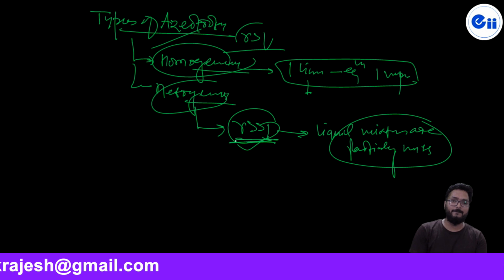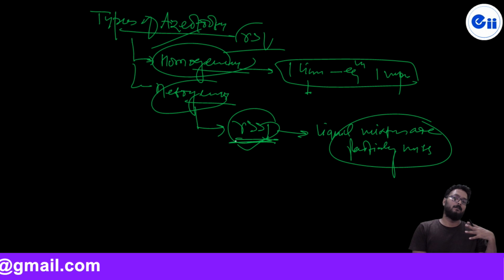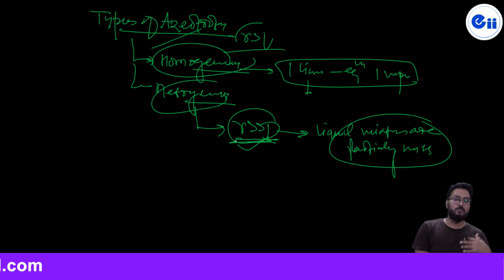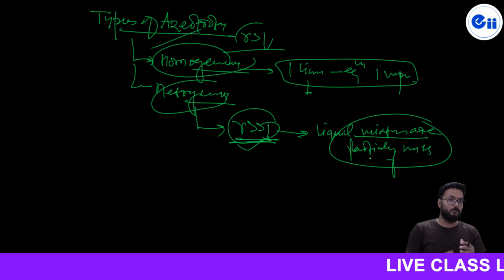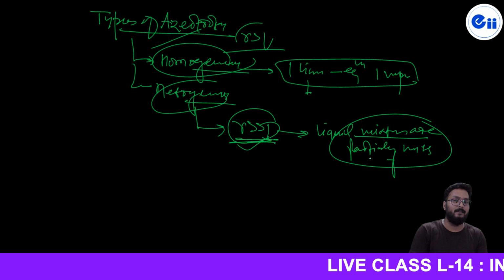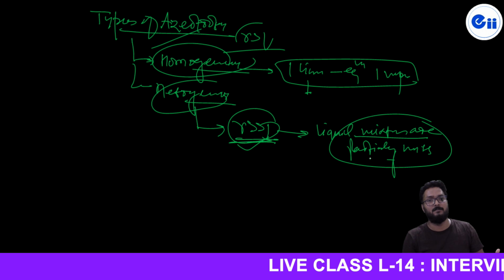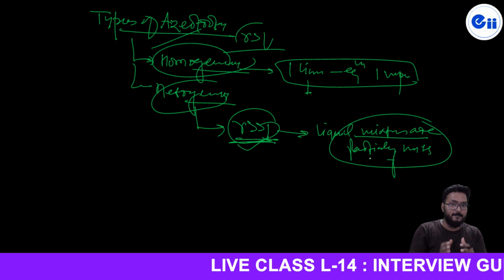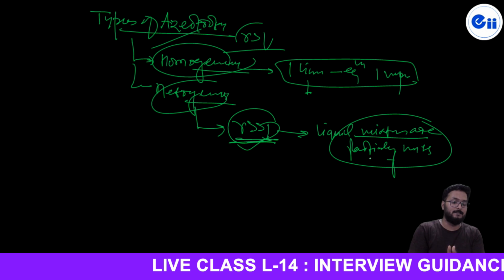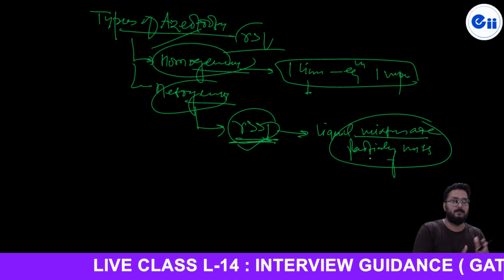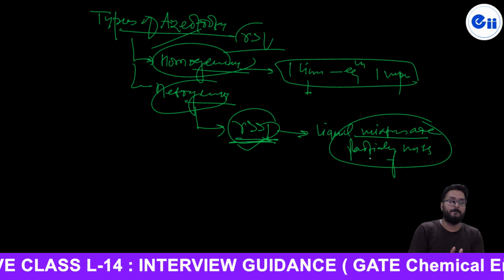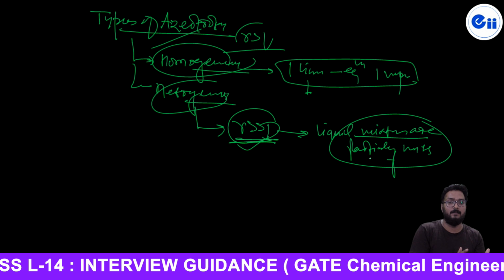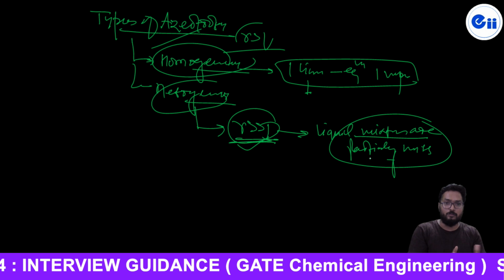But if there is a huge non-ideality in the liquid mixture, in this condition the liquid mixture will be partially miscible and two phases will form. One is called the A-rich phase, the other is called the B-rich phase. It means I mixed A and B and there is a huge value of activity coefficient, gamma very, very more than 1. In this condition, the liquids are partially miscible or partially immiscible. They are not miscible throughout the composition.